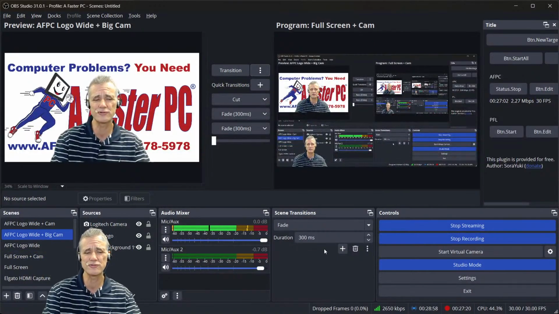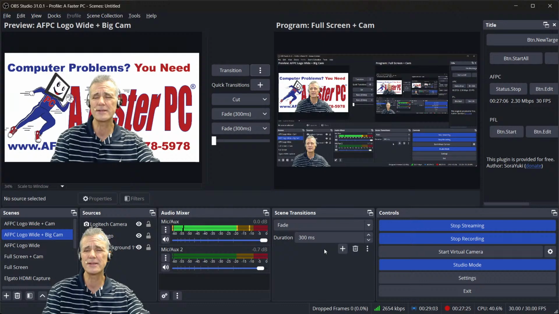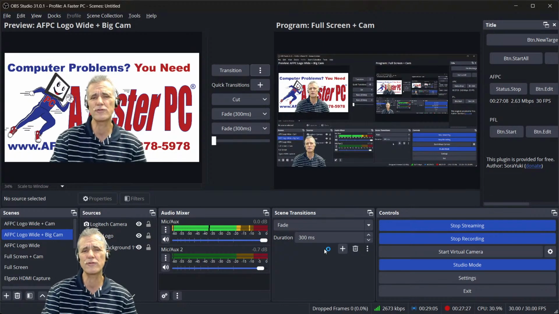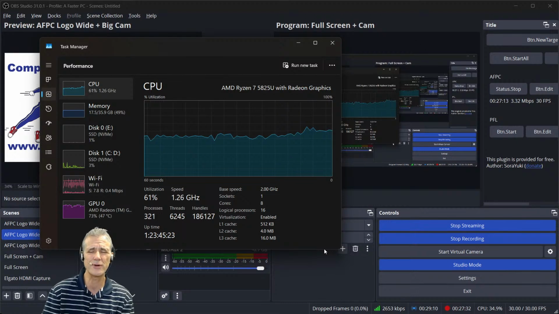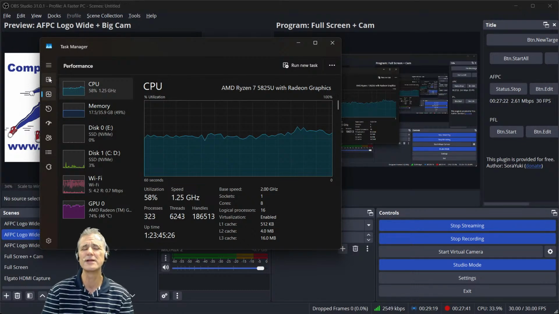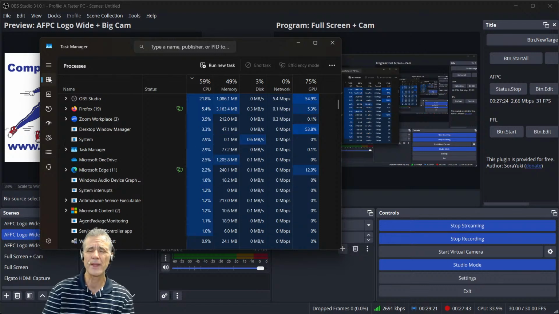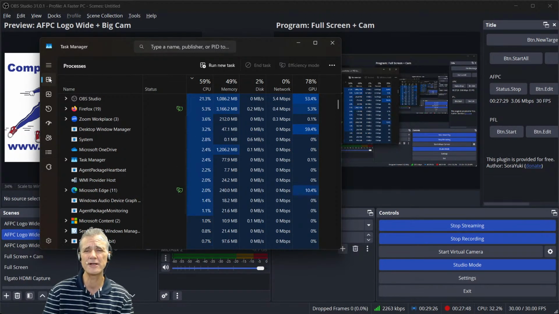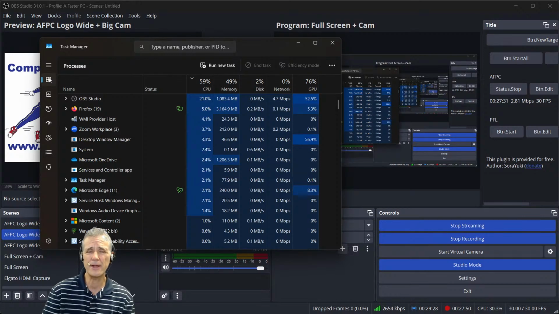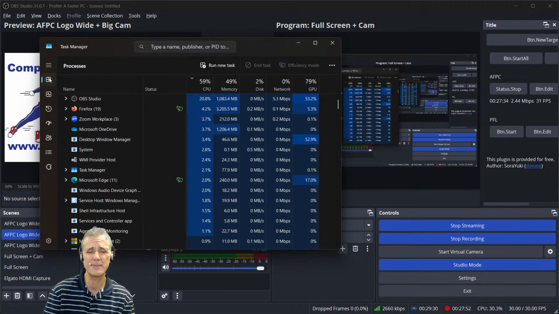I'm going to actually use Control Shift Escape. So this always brings up the Task Manager. If you do Control-Alt-Delete, on some computers it'll actually bring up the Task Manager. On other computers, it will bring up a screen that gives you an option of locking, changing your password, and also an option of bringing up the Task Manager.